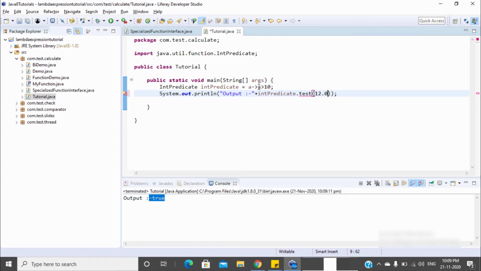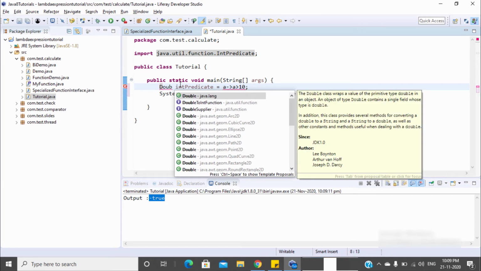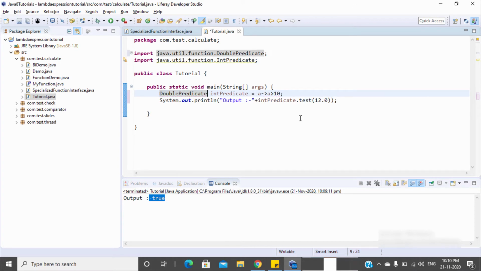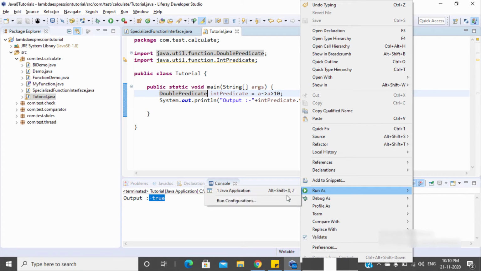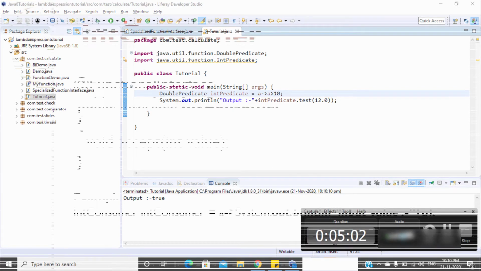If you want to pass a double value, you can change it to DoublePredicate. Okay, and it is running successfully. This way you can use IntPredicate, DoublePredicate, LongPredicate, etc.